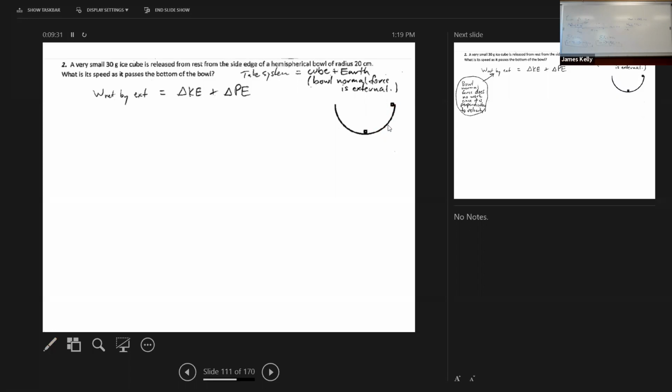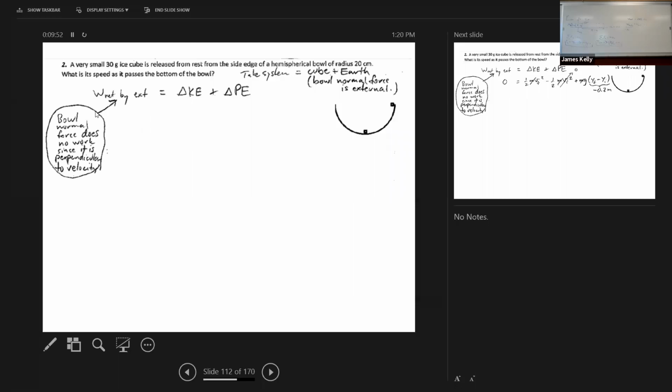So that normal force is doing zero work. That often happens when something's sliding on a surface: the normal force, even if the surface is curving, is always doing zero work because it's perpendicular to the direction of the velocity. And so even though I do have an external force, this left-hand side is zero, and that means mechanical energy